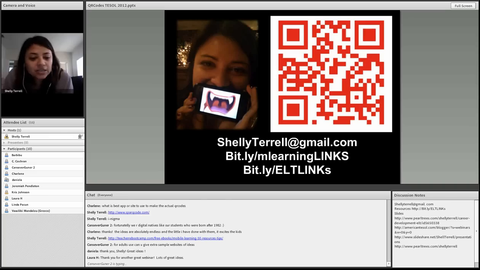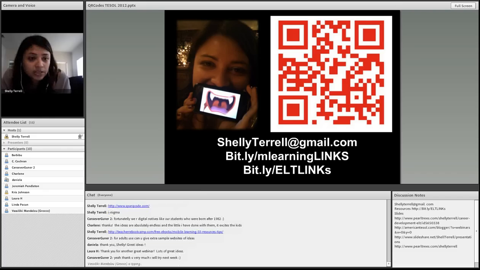Yes, exactly. Okay, so for adults, what they can do is that same activity where they do the coupons, or they can scan QR codes to see what the different advertisements are. And then from there, you can have them do activities with these advertisements, like look at what kind of vocabulary is in there, what kind of grammar phrases. Like, for example, if they were to scan the QR code,